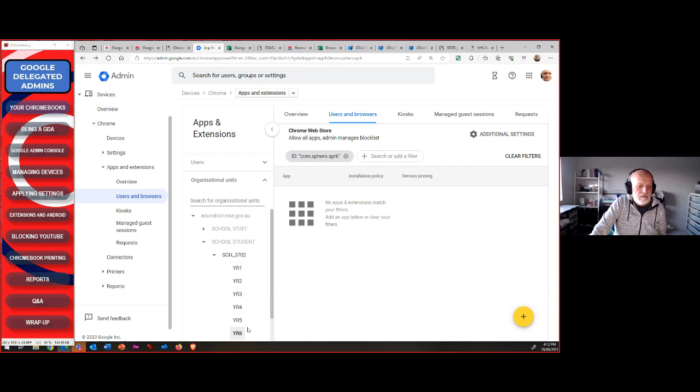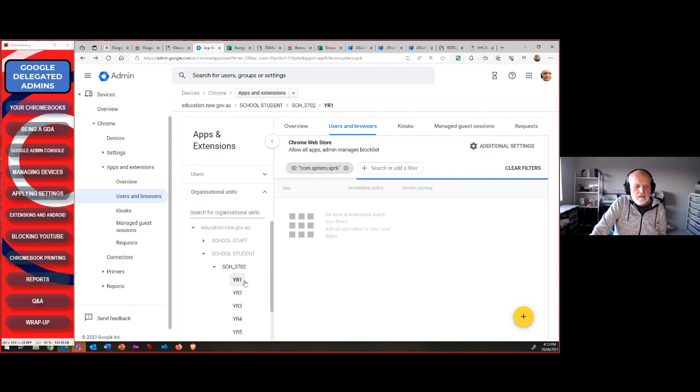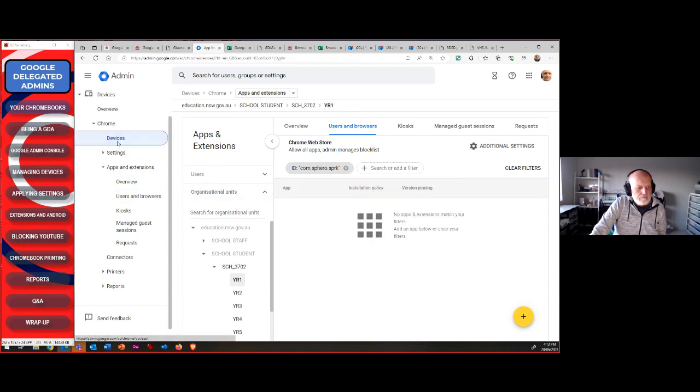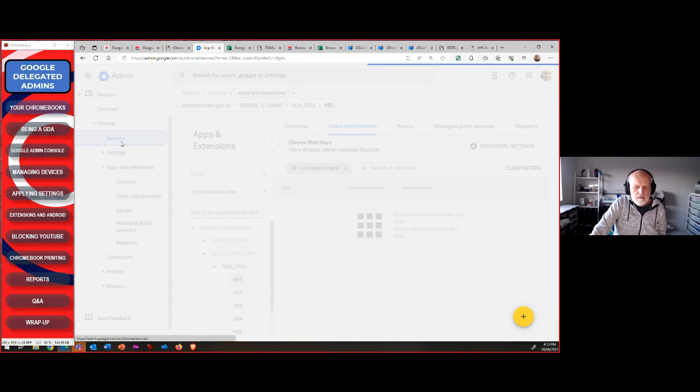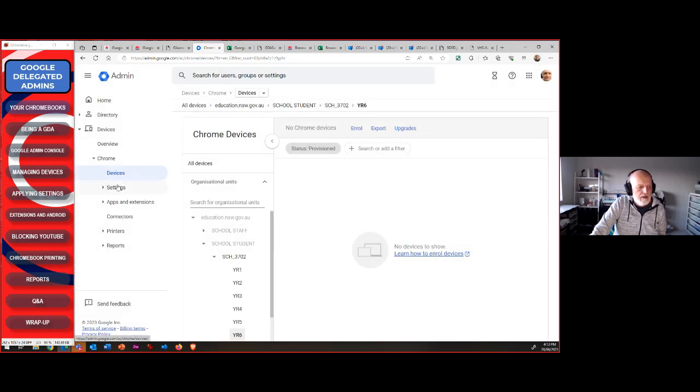You can say you want it for year 6, but you don't want it for the other years. You could turn it off for those. So the way to do that, you've got to go to the appropriate OU. So say you don't want year 1 to access it. And then in devices and in settings, users and browsers,